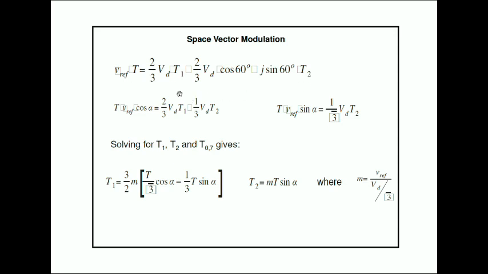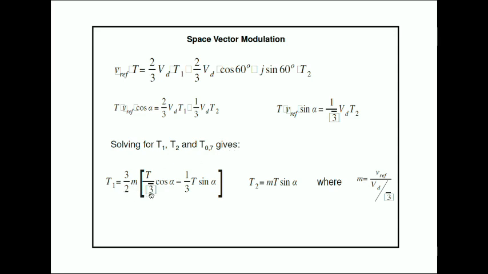So if you are calculating from this equation, equating the real part and imaginary part, you will be getting t into v reference cos alpha is equal to 2 by 3 vd t1 plus 1 by 3 vd t2, and also your imaginary part, that is t into v reference sin alpha is equal to 1 by root 3 vd t2. So if you are solving that for t1, t2 and t0, t7,